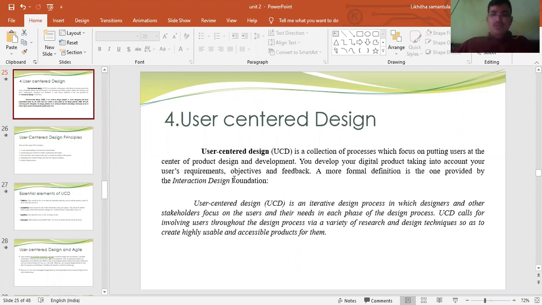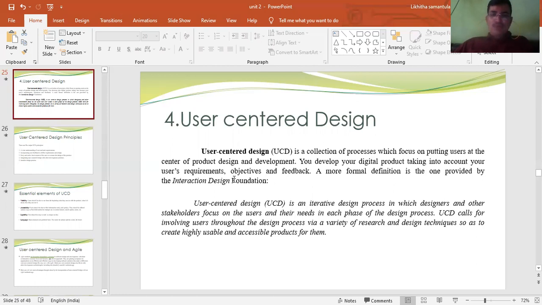So, what is user-centered design? User-centered design is a collection of processes which focus on putting users at the center of product design and development. You develop your digital products taking into account your user requirements, objectives, and feedback.